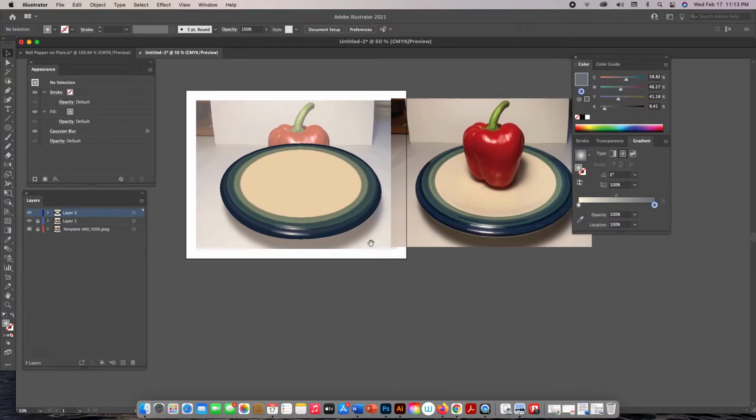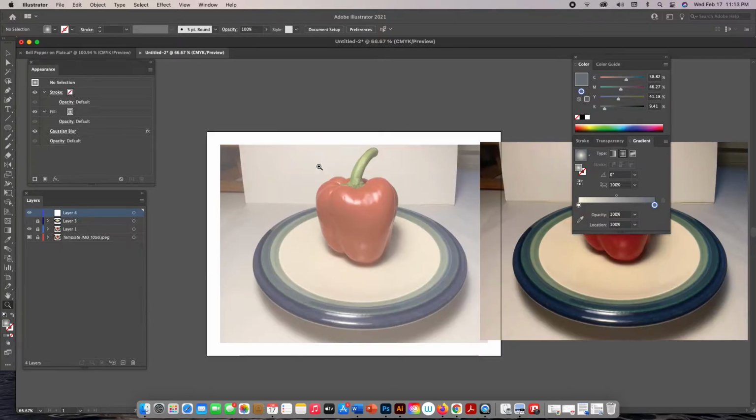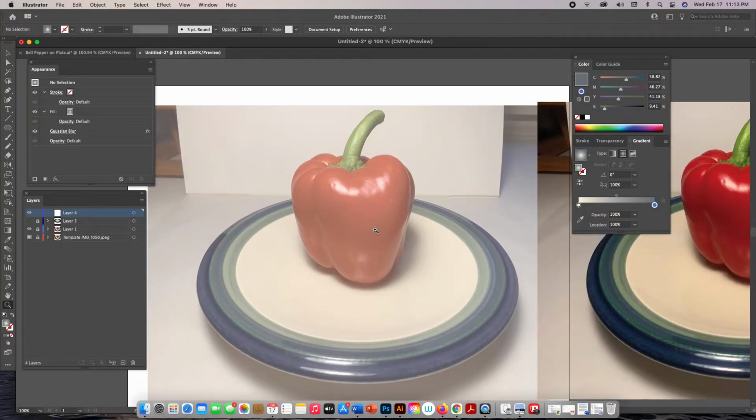That's not bad, okay? Now, I can work on that more, but what I want to do next is actually start working on the pepper. So let's continue on here, and we will actually just make a new layer. So, and we'll just lock this layer, and we'll actually turn off the layer so that we don't see it. And what we're going to do is just, kind of trace around